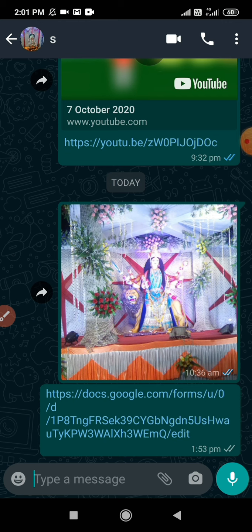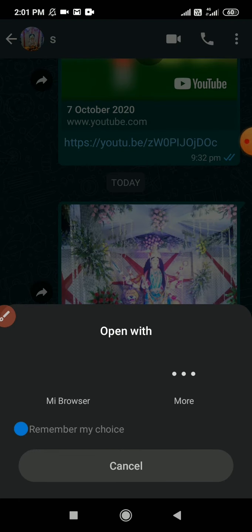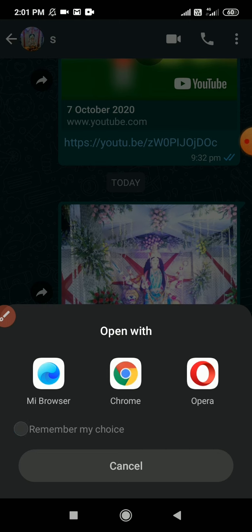Now I will show you how the co-teacher will open the link and operate. So I am clicking on this link. When I have opened the link, I will click on more and then I will click on Chrome.